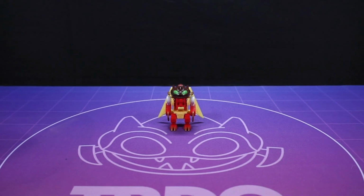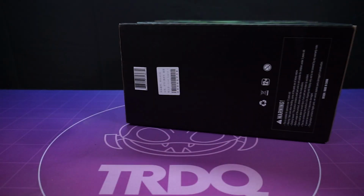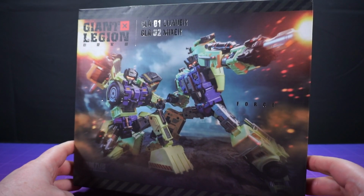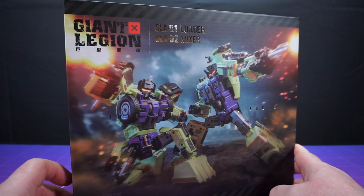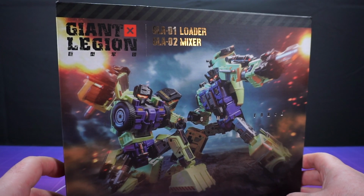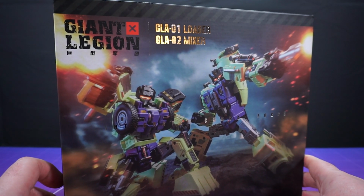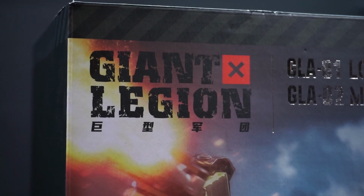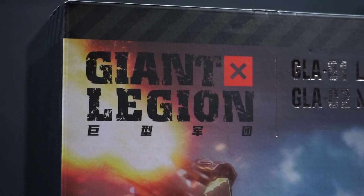You know, I genuinely didn't intend to review these lads. I mean, come on, the third-party Constructicons in the year of our Lord 2024? That might have flown a decade ago, but we're more sophisticated now. Collectors demand more these days. But then I saw the Mecha Invasion Giant Legion releases on Bolt Matrix channel, and with this new vision of